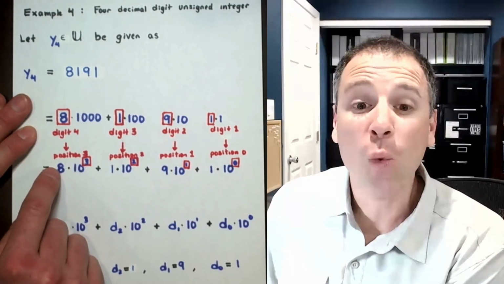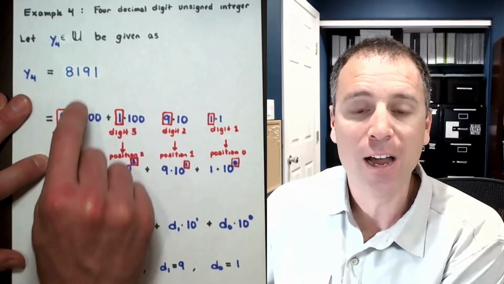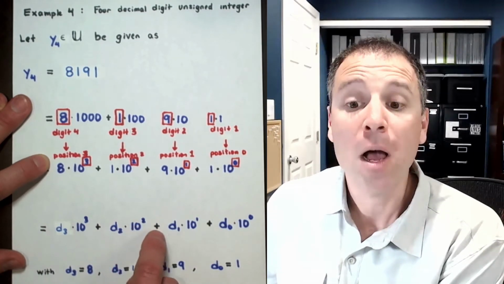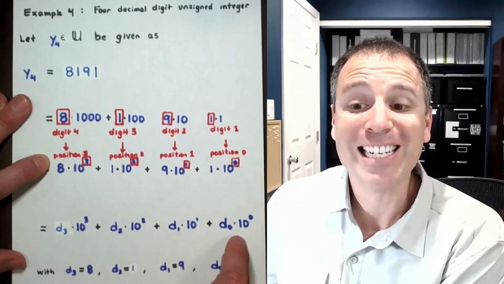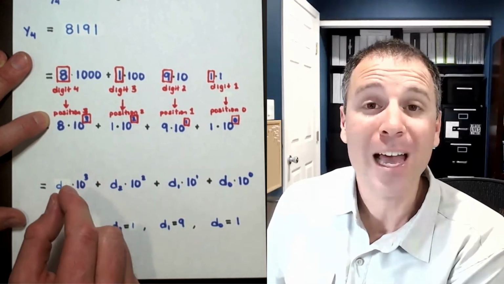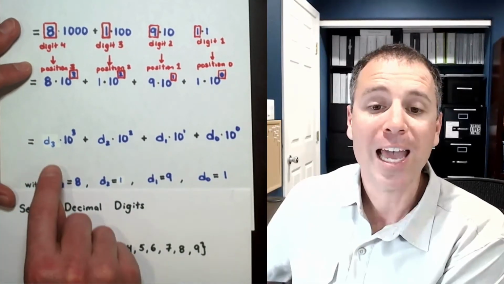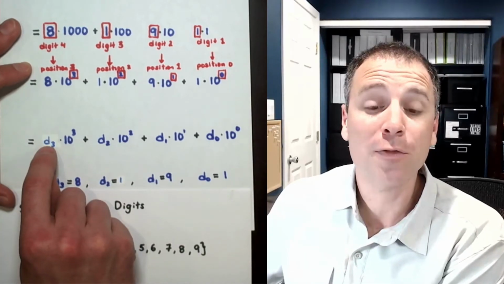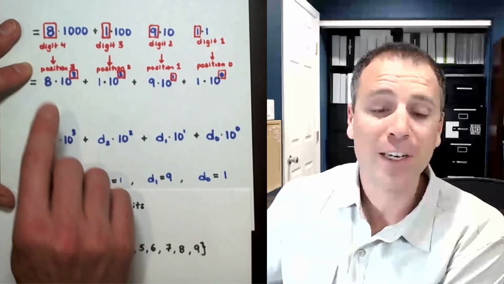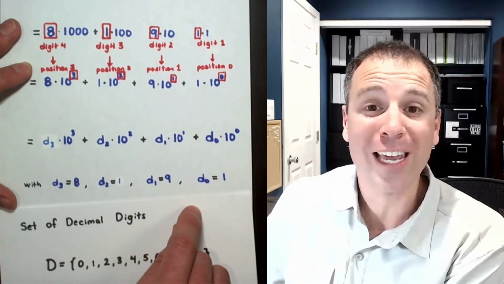I can abstract away from this exact value to a more general format where I write this set of numbers as d3 times 10 to the third plus d2 times 10 squared plus d1 times 10 to the first plus d0 times 10 to the 0. The letter D is used to represent the idea that we're in the decimal system. Decimal means that I'm choosing each of those values of D from my decimal numbers. In other words, I can only have 10 choices for each of these D values, either 0, 1, 2, 3, 4, 5, 6, 7, 8, 9. In this specific case, we know that d3 is 8, d2 is 1, d1 is 9, and d0 is 1.